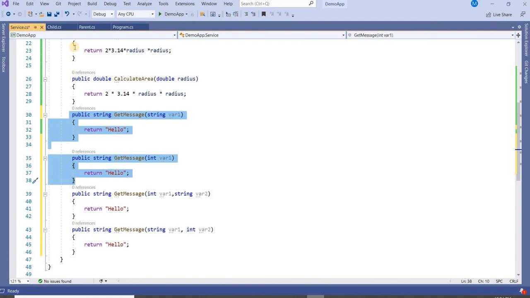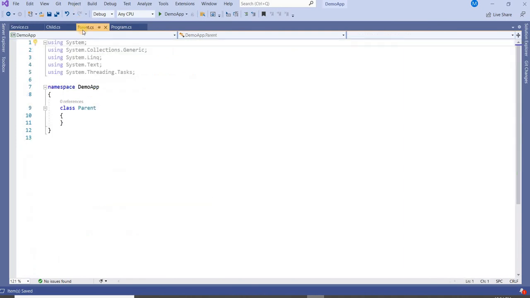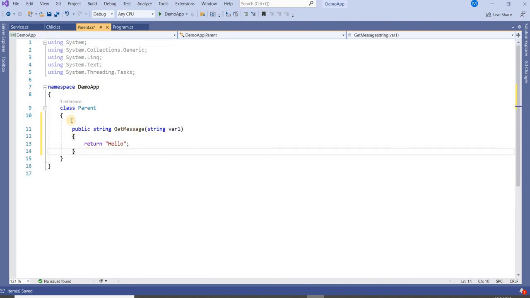Now we will understand the concept of inheritance. Let me copy one method here, and to speed up, again I have added one parent class here. It has one method, that is getMessage, and I'm not sending anything inside the method, but I'm returning here "hello from parent", right?